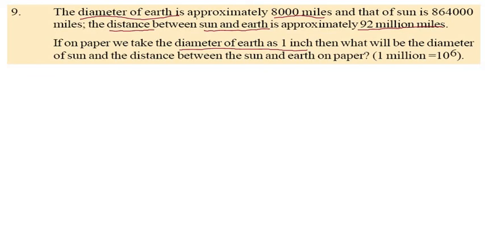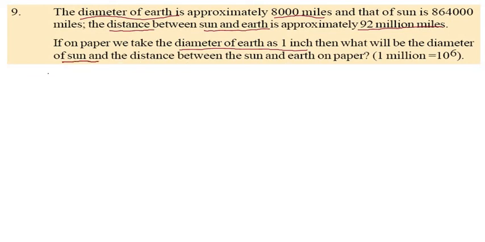The diameter of Earth is approximately 8,000 miles, and that of the Sun is 864,000 miles. The distance between the Sun and Earth is approximately 92 million miles. Now, if on paper we take the diameter of Earth as 1 inch, then what will be the diameter of the Sun